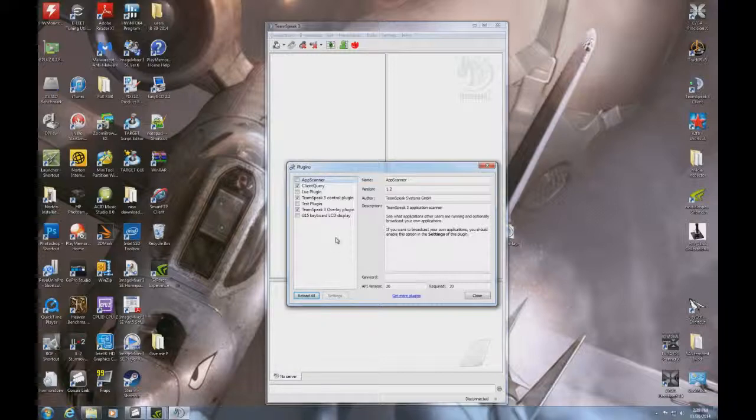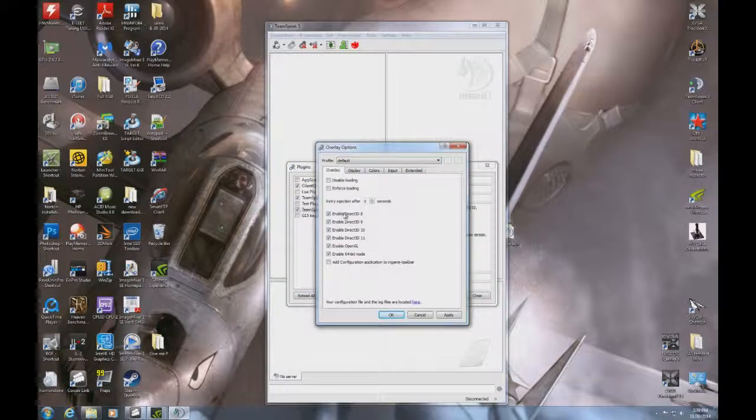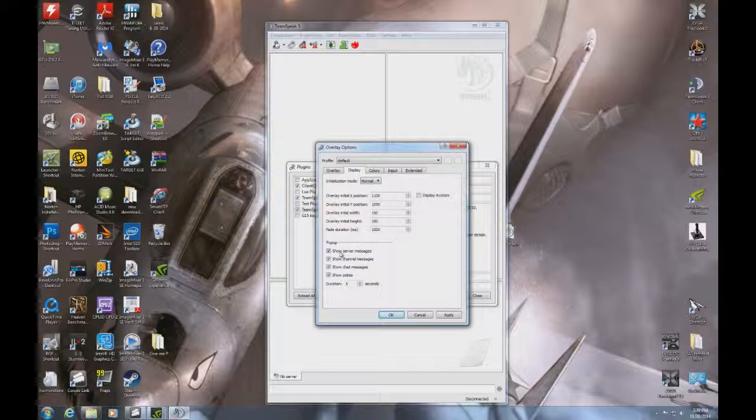Okay, so now a couple things you got to do to get it going. Click on the TeamSpeak 3 Overlay plugin. You'll see we got 3.8.23 loaded. The versions are correct. And then we go to Settings. On the Settings tab, you should have all 6 of these enabled. If you have 64-bit TeamSpeak, you want to enable the 64-bit mode. On the display side of it, you want to get all 4 of these